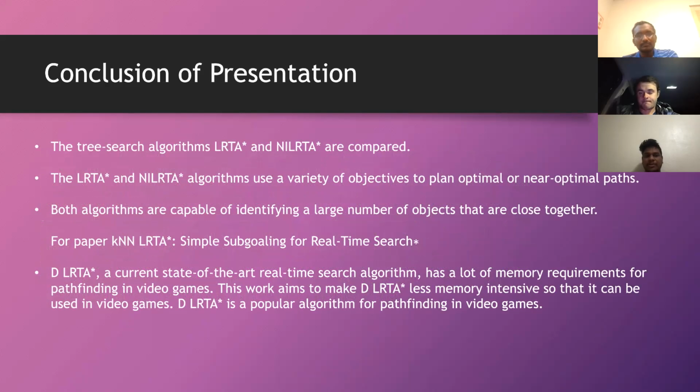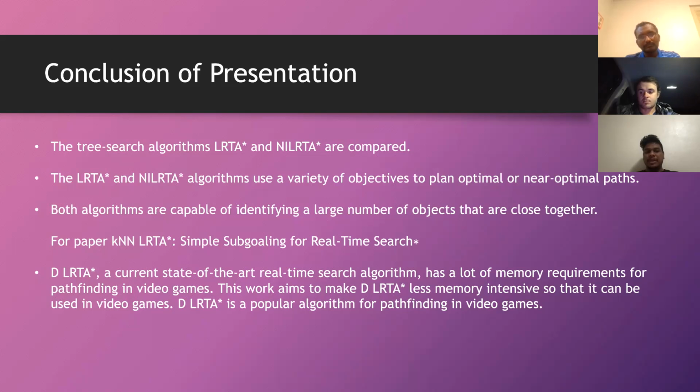So coming to the conclusion of the presentation, we have discussed three tree search algorithms, LRTS star and NLRTS star. The LRTS star and NLRTS star algorithms use a variety of objectives to plan optimal and near-optimal paths. Both algorithms are actually capable of identifying a large number of objects that are close together. In the second paper, that is KNN LRTS star, for simple subgoaling for real-time search,